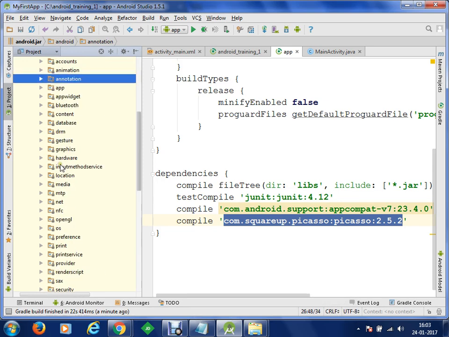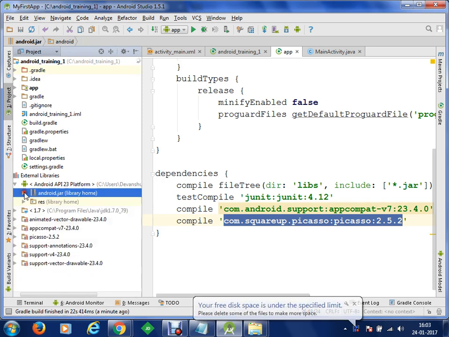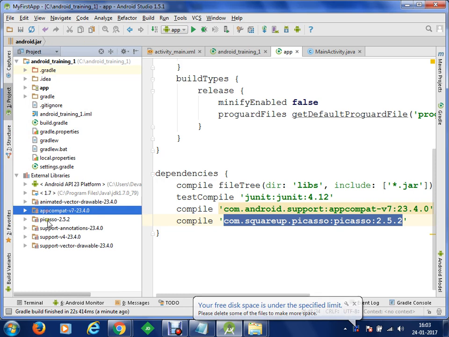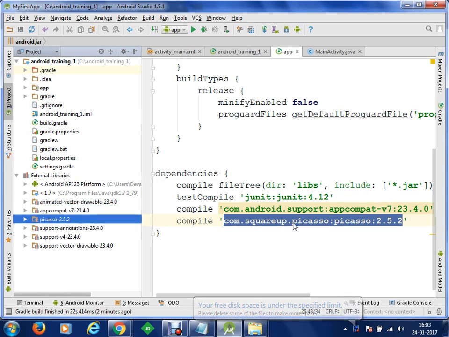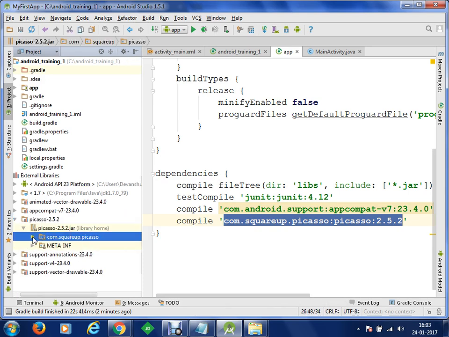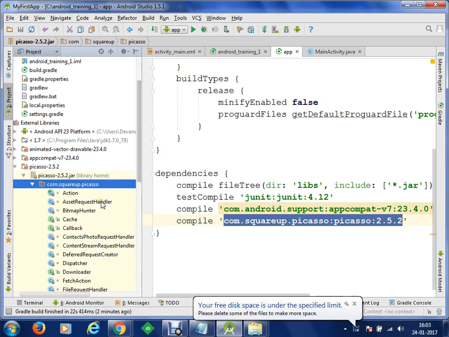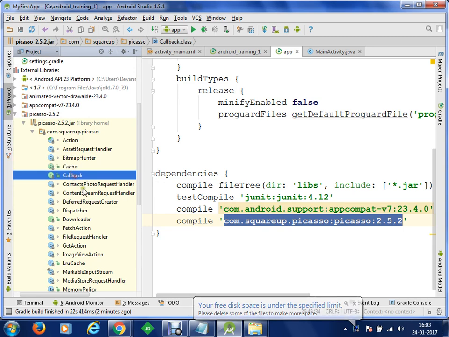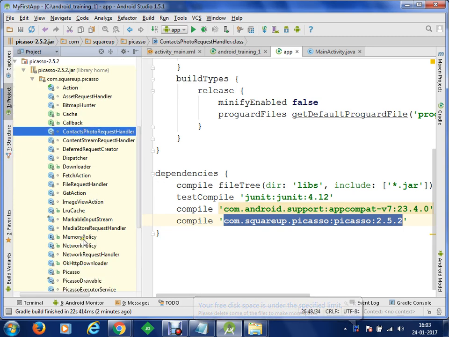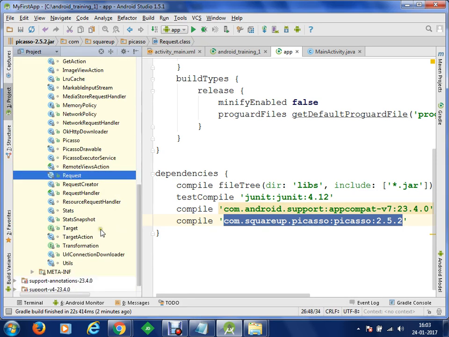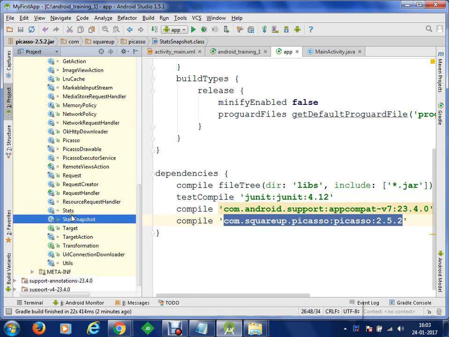All these packages are here which you can use to write code. And if you want to see the third party library, it is here, that is Picasso, which we have just used from Gradle. If you open this library Picasso, this is the package name com.squareup, and within this we have some classes like action, cache, callback, contact photo request handler, memory policies, network policies, and many more: request, target action, stats, snapshot.